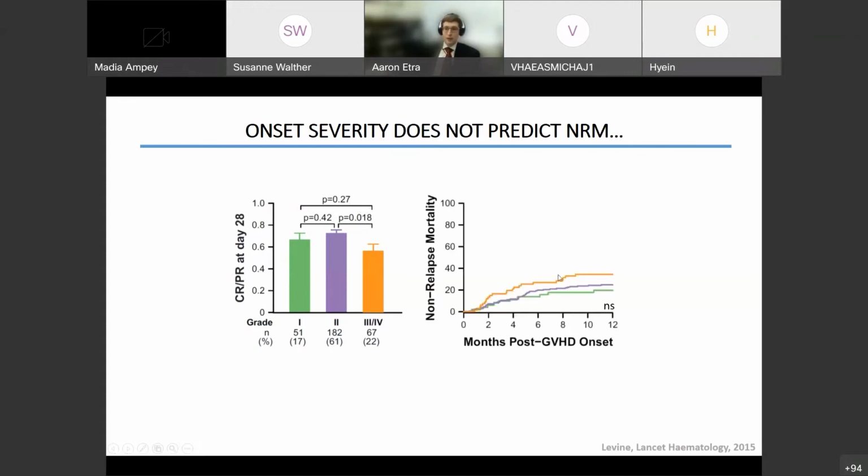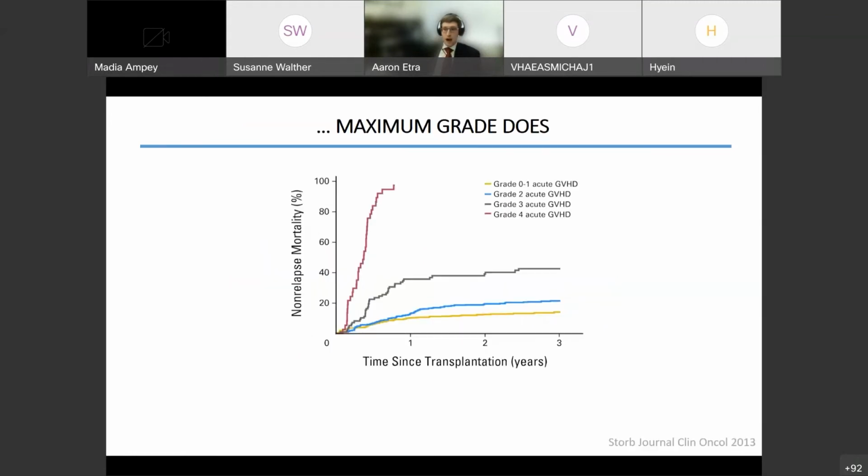And indeed, even when you look at the non-relapse mortality of these patients, the patients who originally had severe graft versus host disease at diagnosis, again, from a statistical standpoint, don't do any worse than the patients who had grade 1 GVHD at diagnosis when you look at large data sets. And so this calls into question, if you have a patient with severe GVHD at diagnosis, are they necessarily the person who needs intensified therapy? Maybe, but maybe not. And what makes things even more complicated is that if you're going to use clinical staging to try to figure out how a patient will do and to use them in inclusion criteria in